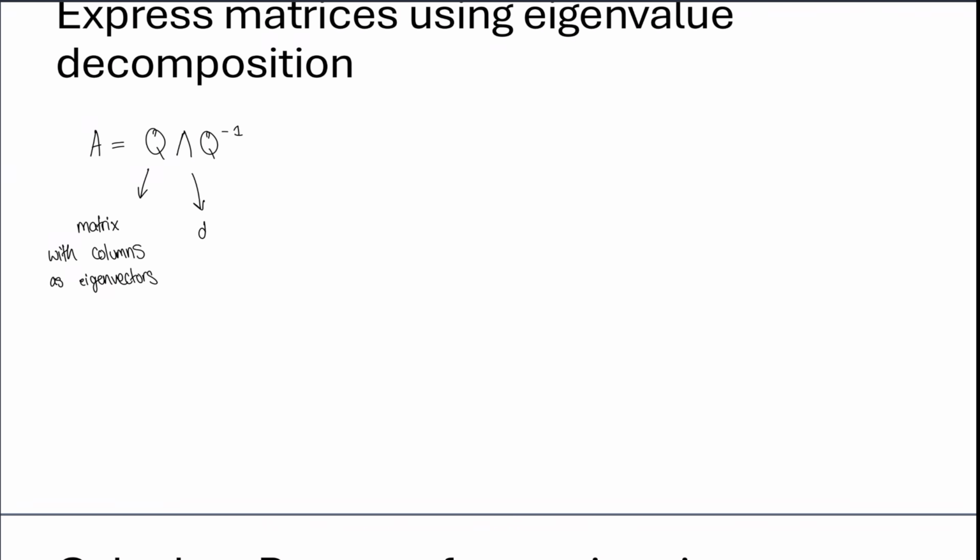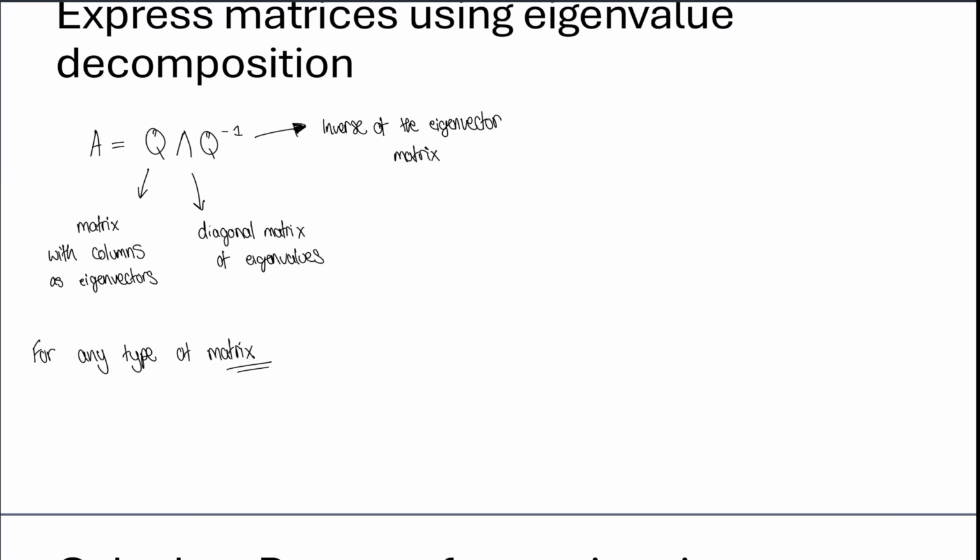Lambda is a diagonal matrix with the diagonals being eigenvalues, and then Q inverse is just the inverse of the eigenvector matrix. So this is for any type of